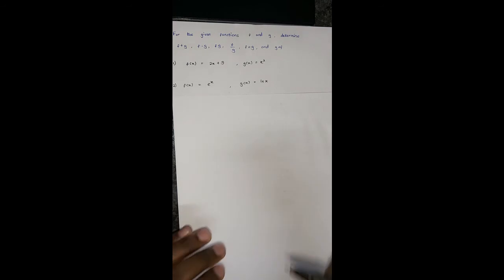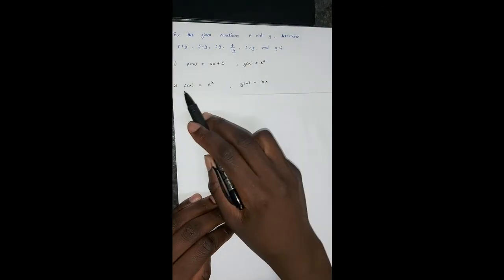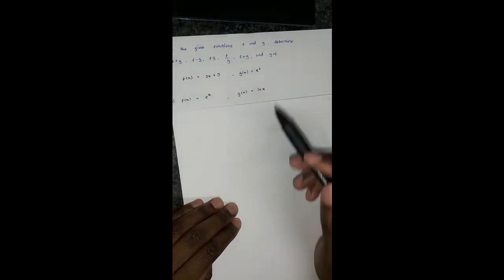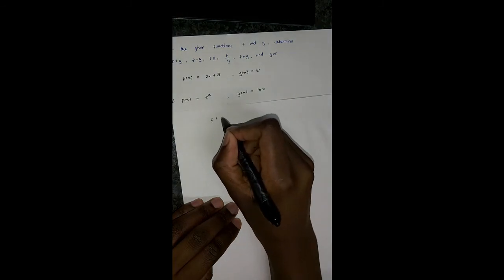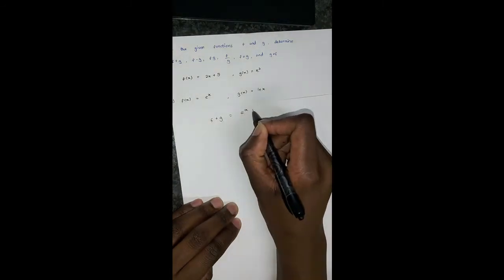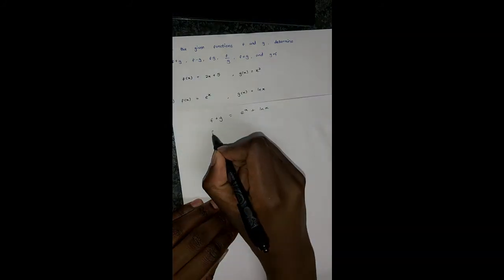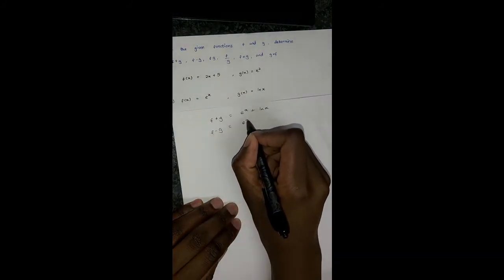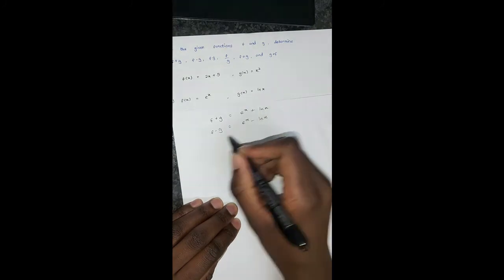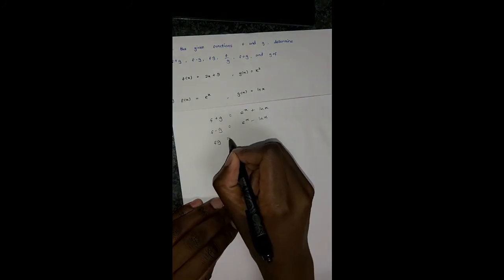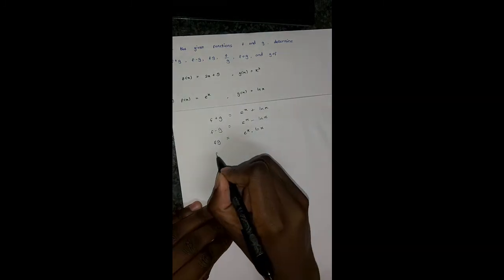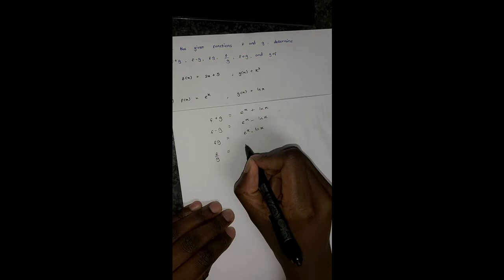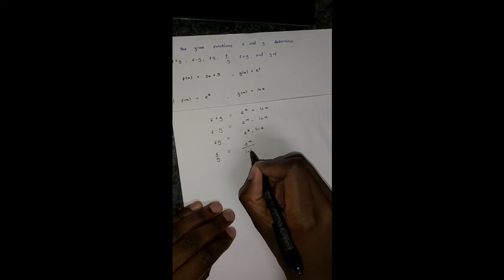And so the next one is f of x equal to exponent of x and g of x being given by ln x. Okay, so f plus g is just equal to exponent of x plus ln x. f minus g is equal to exponent of x minus ln x. Then fg being equal to exponent of x times ln x. f over g being equal to exponent of x over ln x,